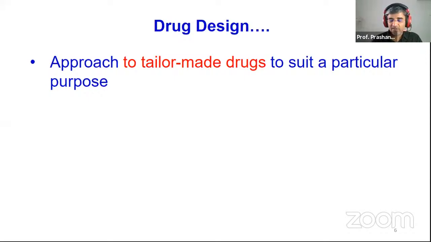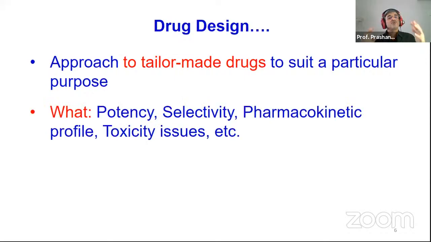And that's where drug design comes into the picture. So what are you trying to do when you are designing drugs? Everybody would want to talk about potency, meaning you would want a drug to be active to disrupt the pathological process at a very small concentration. The smaller the concentration, the more potent the drug is. So it has a direct implication on the drug dose.